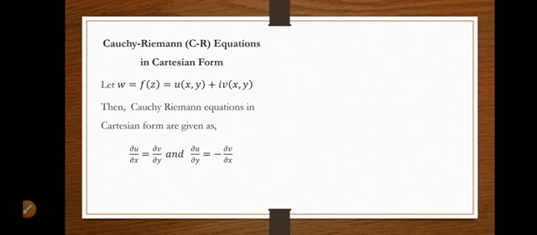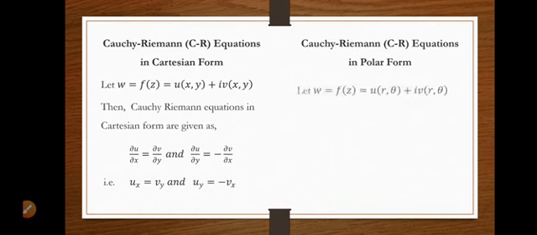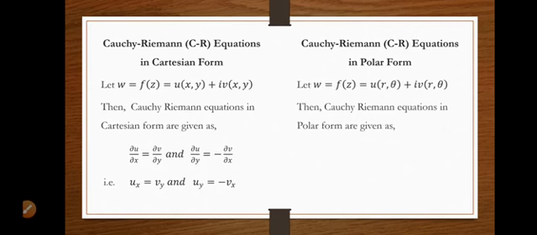The same you can write in short form as ux equal to vy and uy equal to minus vx. Now in polar form, if the function is defined as a function of z equal to u of r theta plus i v of r theta, here instead of the x and y variables in Cartesian form, r and theta are the variables. So in this case, the Cauchy-Riemann equations become dou u by dou theta equal to minus r